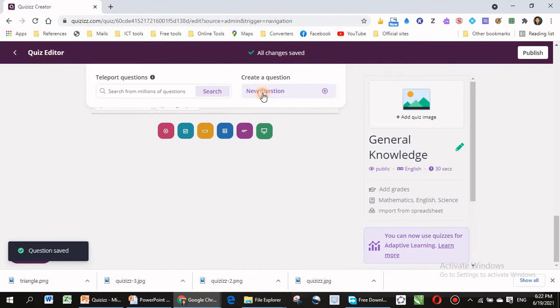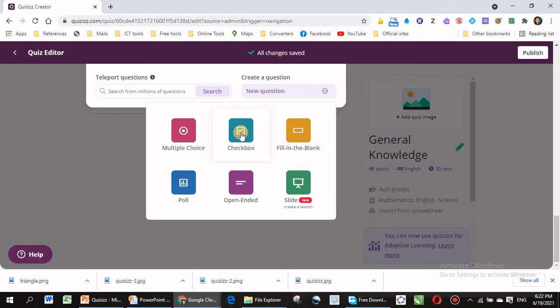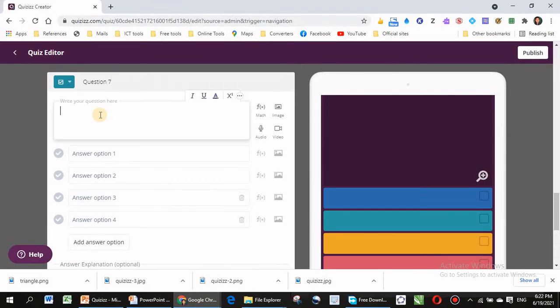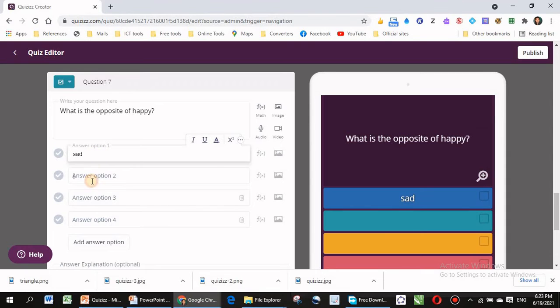Now click on new question. Select checkbox. And let's write one question from English. What is the opposite of happy? Answer will be sad. So just write the alternatives. Angry, happy, angry, sad.